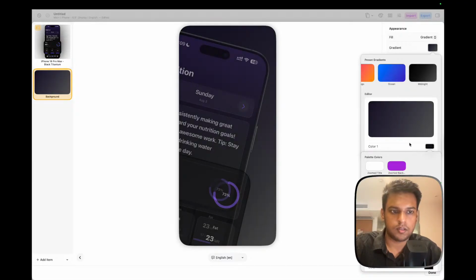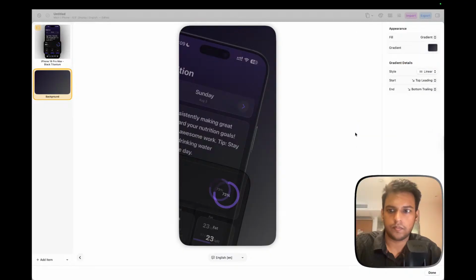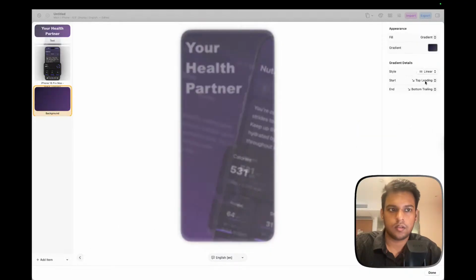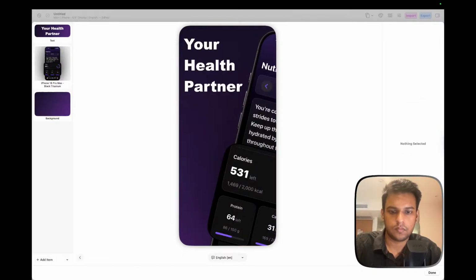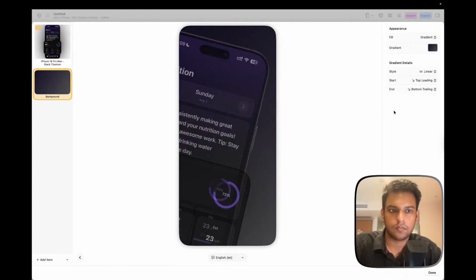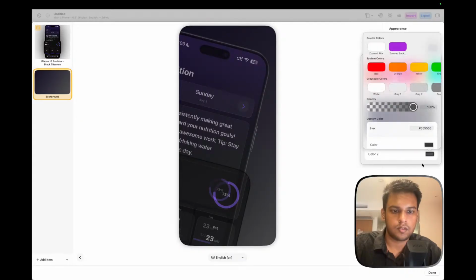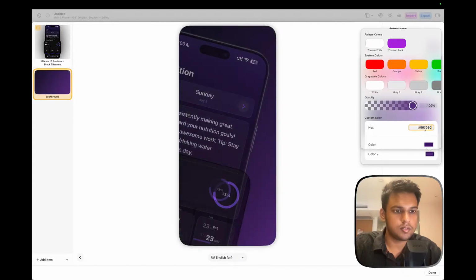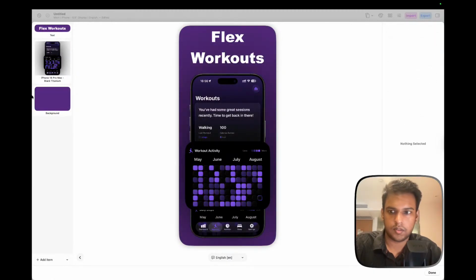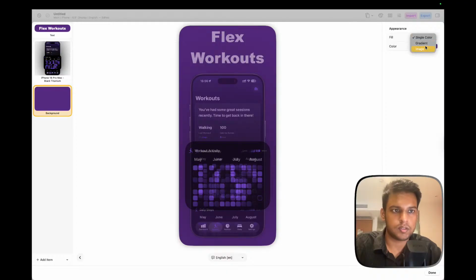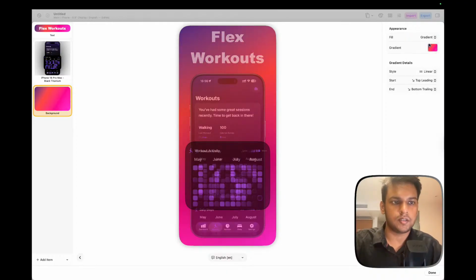And then what was it here? Do this here, and then finally we have this background which is a single color, and we'll have this as a gradient.